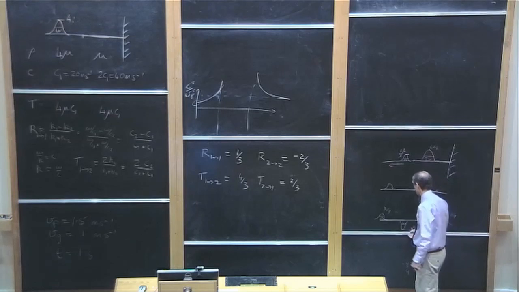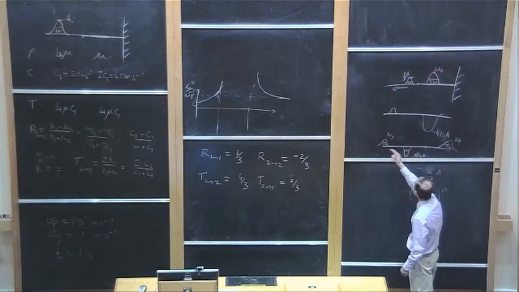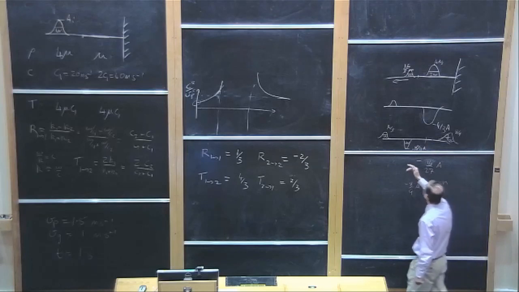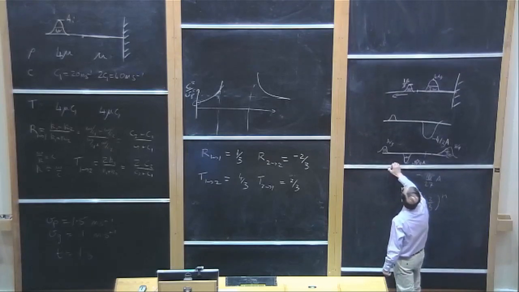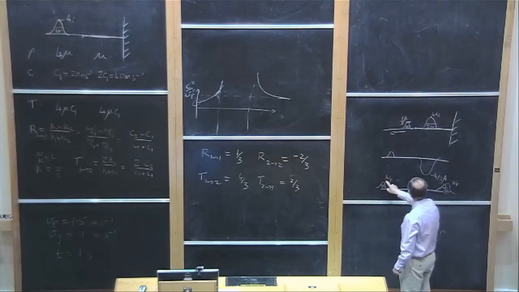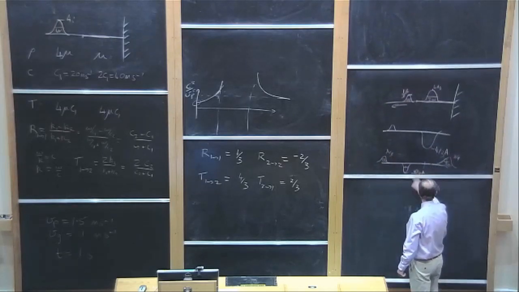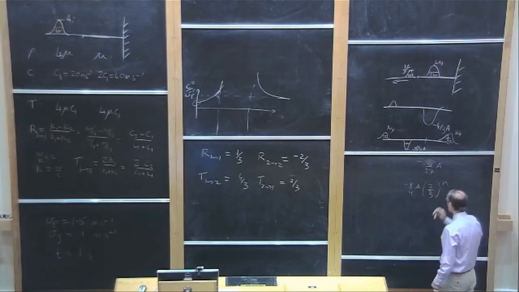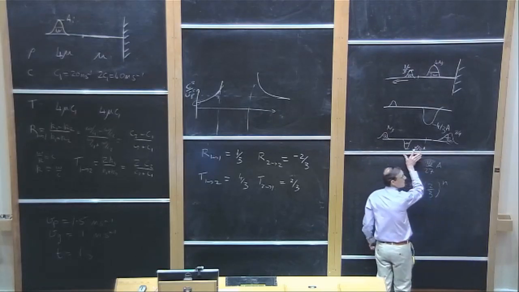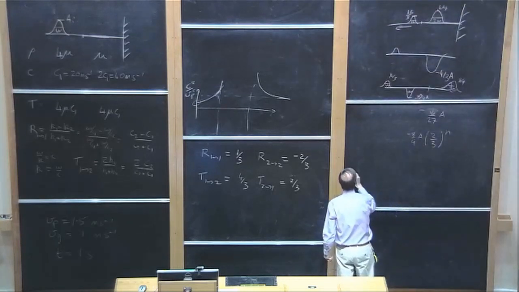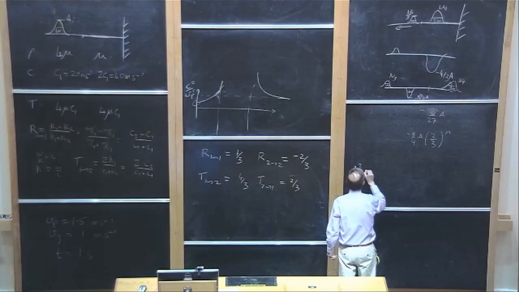But the backwards going ones, when they've reflected, they all have exactly the same functional shape, but they just get scaled. So relative to the incident wave over there of amplitude A, we have A over 3, minus 8 ninths, minus 16A over 27 and so on. And the energies will just go as the squares of those numbers. And so what we should find is that A squared should be equal to